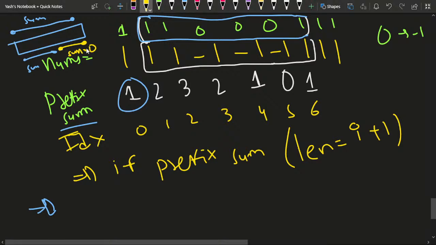Understood? Thanks a lot, Ritik. So that's why it is the case. So that's why what I'll do is,